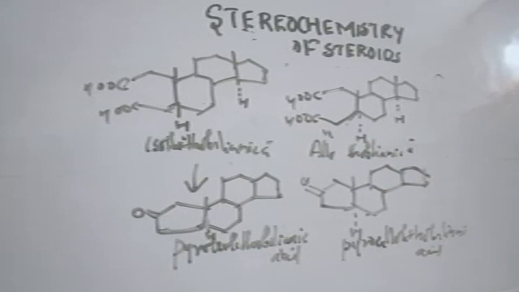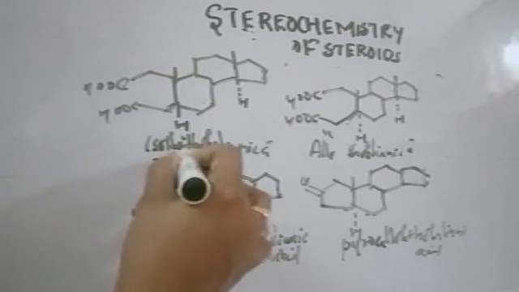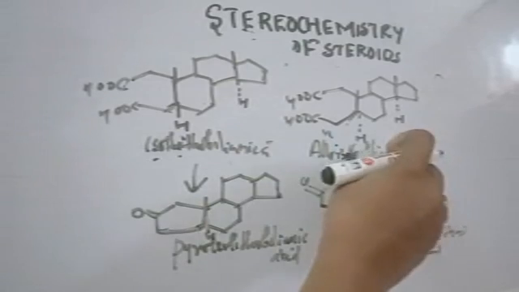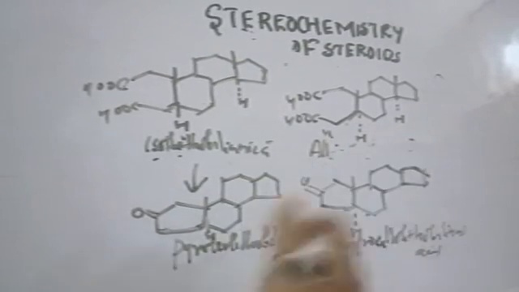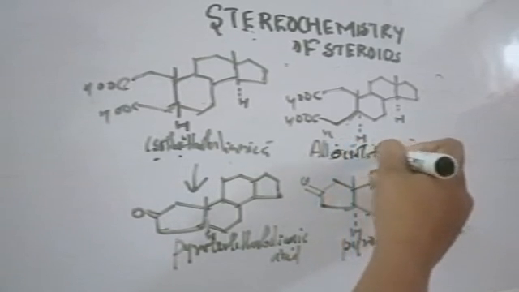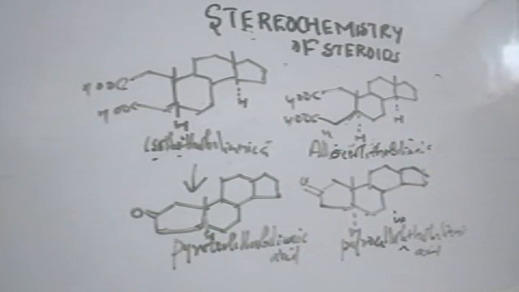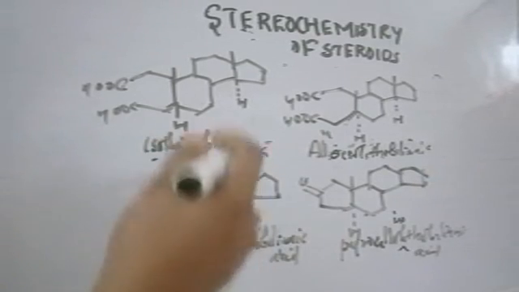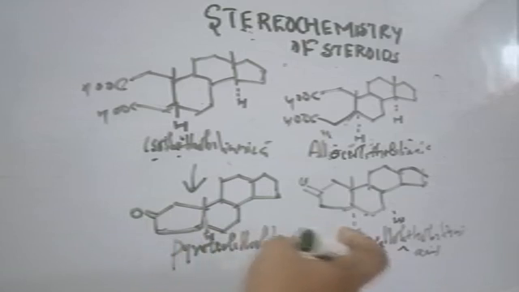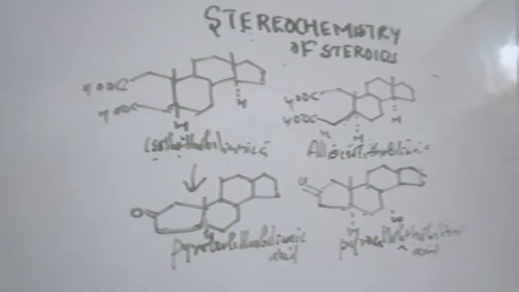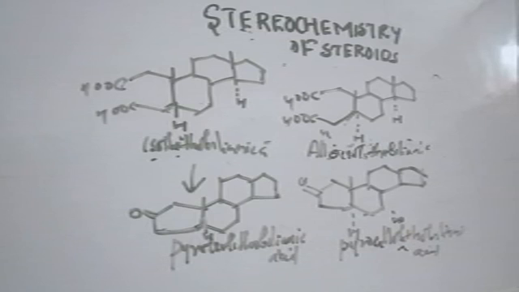both of them give the same product, that is they get pyrolithobilyanic acid. And the last two, isolithobilyanic acid as well as alloisolithobilyanic acid, in both of these, they are obtaining pyroalloisobilyanic acid. So from this what they understood is this is the sixth structure, and this one is the seventh one,